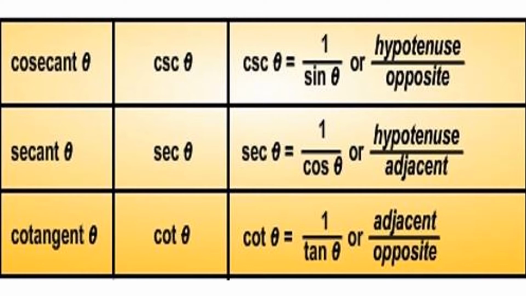Now secant theta, in short it is written as sec theta. It is the reciprocal of cos theta, or it can be written as hypotenuse upon adjacent side, because cos theta is adjacent side upon hypotenuse. So sec theta is equal to 1 upon cos theta, that means sec theta is the reciprocal of cos theta. So sec theta becomes the reciprocal of that, so it is hypotenuse upon adjacent side.